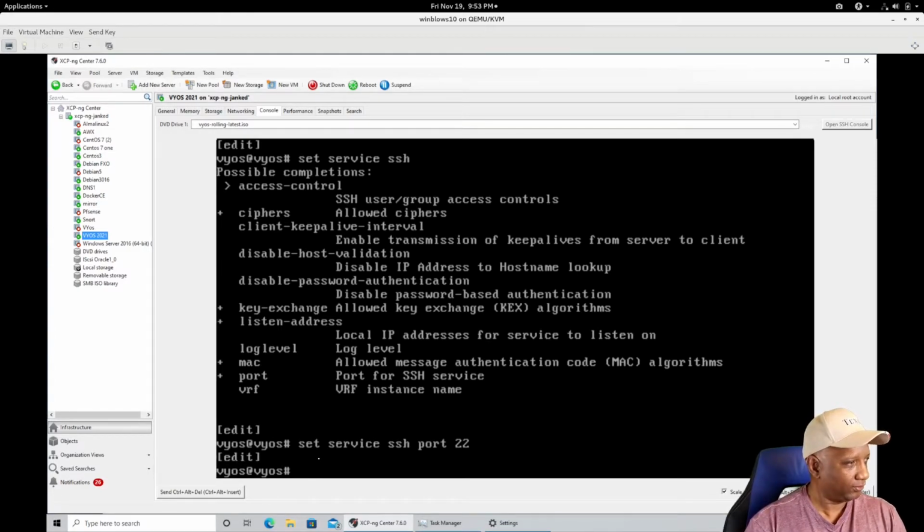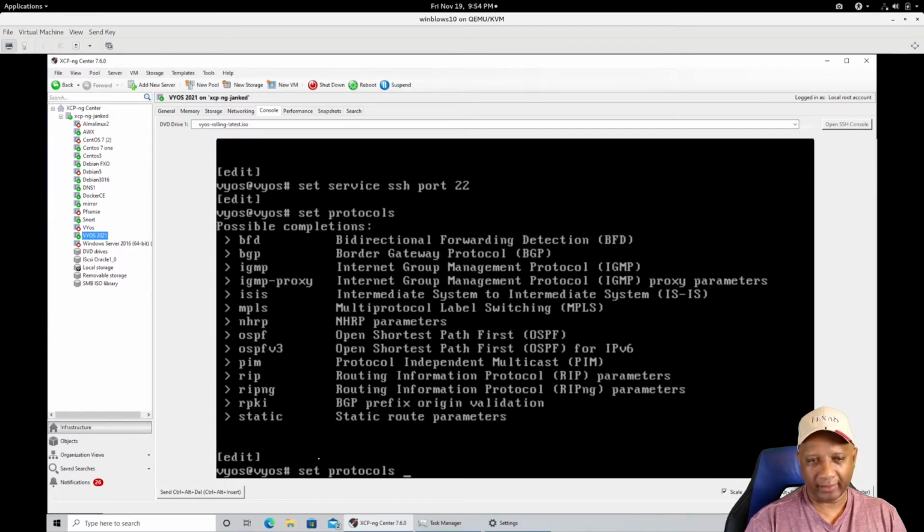So we have to set protocols, and if I do a question mark, it just walks me through it. It gives me the options. It's kind of like a Cisco router. But I know what I want to type here. I want to type static route 0.0.0.0/0